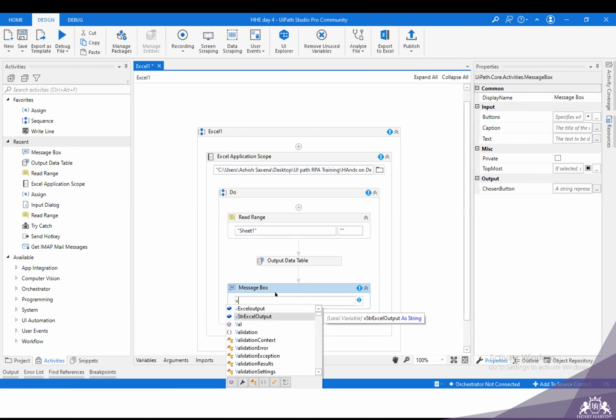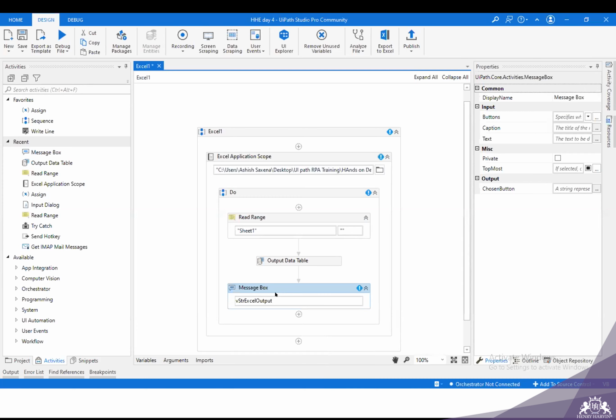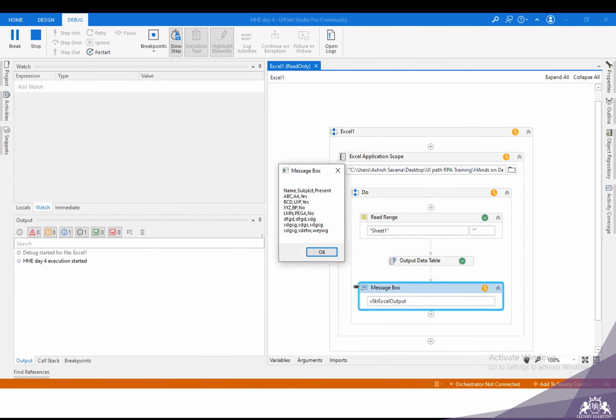Suppose we want to see an integer in the message box, we always write .ToString with it, so that we can convert it into a string. That is why we have used the output data table activity to convert it from data table to string. So we will use this variable, and once I execute this, it gives me the result in the message box. These are the headers and this is the data.